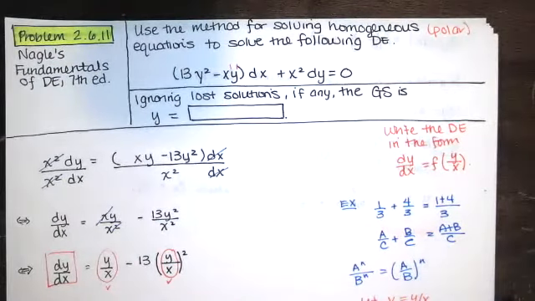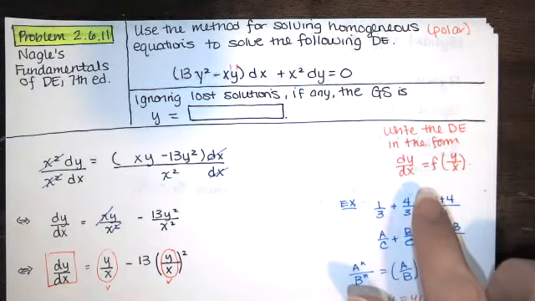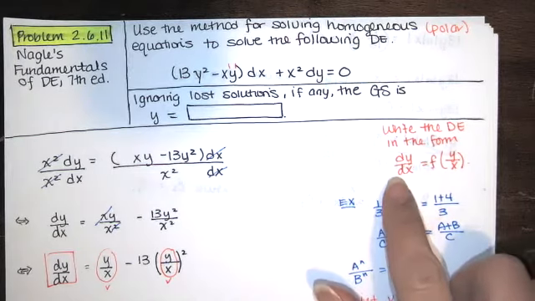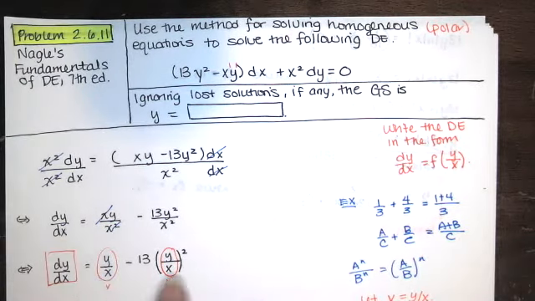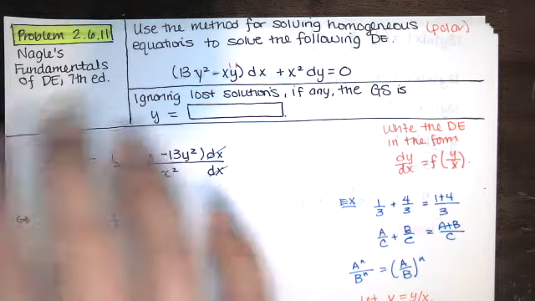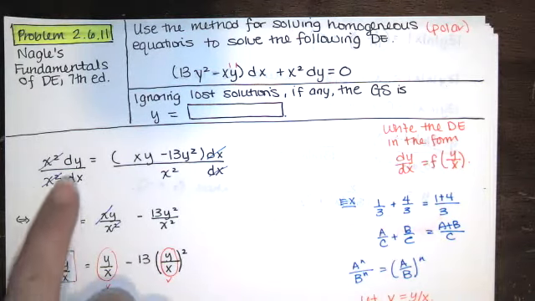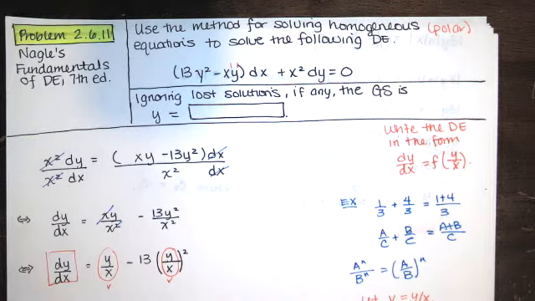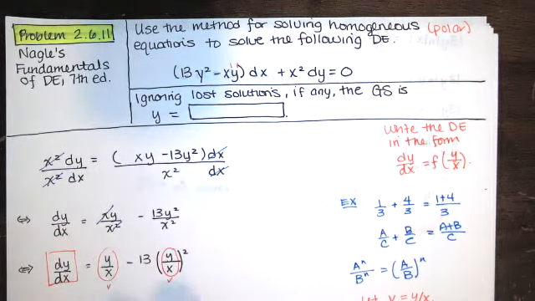Just as a brief recap, when you're solving a homogeneous polar equation, you need to write the differential equation in this form. So you need dy dx on one side, and then you need a function of y over x on the other side. And that often involves just moving terms from the left-hand side to the right-hand side. And there's a lot of multiplying and dividing by differentials like dx, and also by functions of x and y. So you end up over here, and then you have to simplify this. So it's a function of